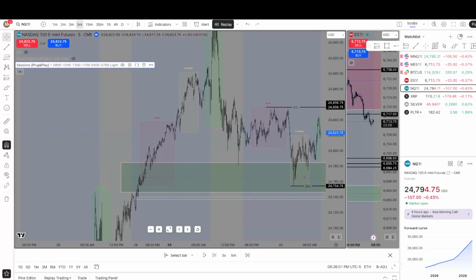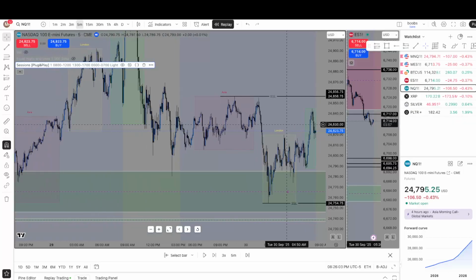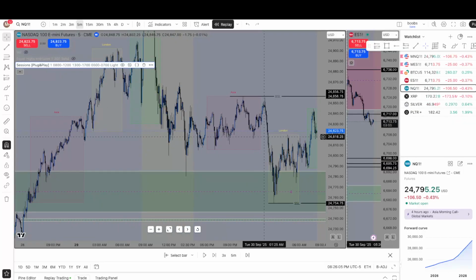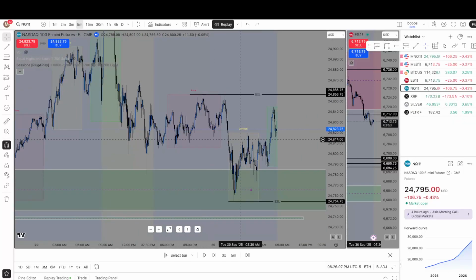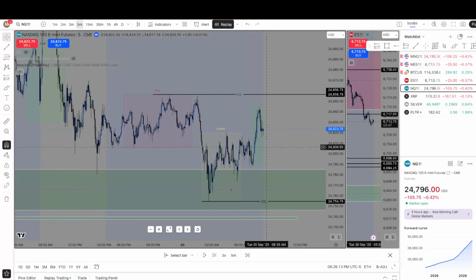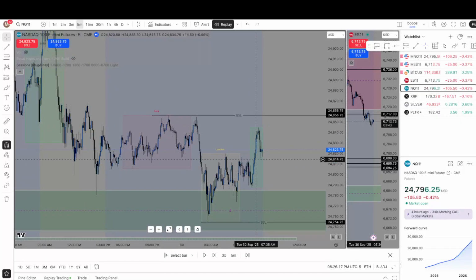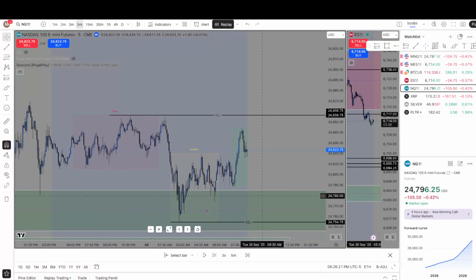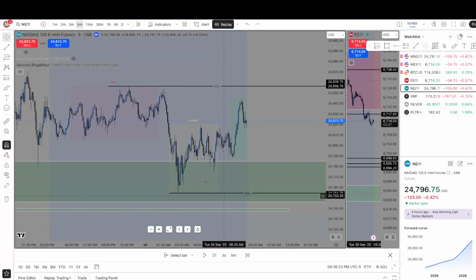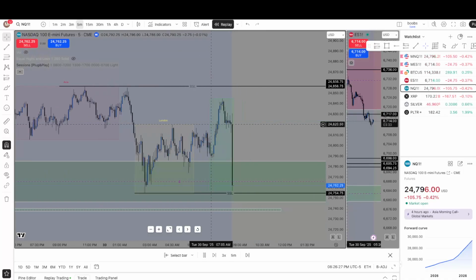As you can see, we have my Asian session highs marked out. Asian session lows were already taken out. We have London session highs, which already got taken out by New York pre-market, and then we have London session lows that have not been taken out. Ideally, I want to see Asian session highs get swept, and maybe we get a continuation higher. Or Asian session highs get swept, and maybe we get a reversal to go to London session lows. That's just my potential draws. Or potentially London session lows get swept, and we go for Asian session highs. We're going to go right into the market open.